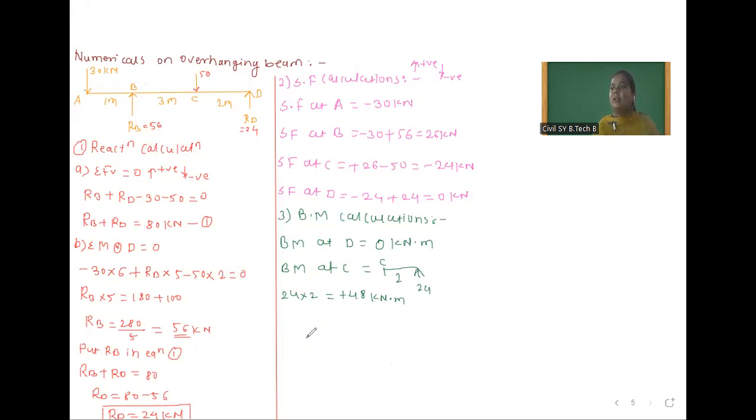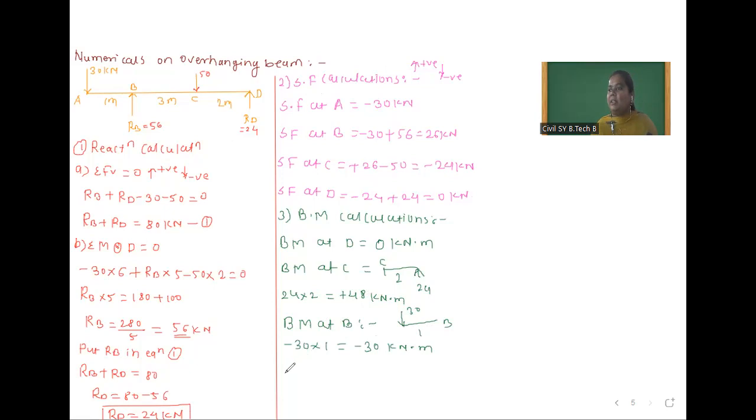Bending moment at B. We will calculate from this left side because here only one force is there. Suppose this is B point and at A here. So I will correct it. Here 30 kilonewton force and perpendicular distance is 1 meter. So this pushes downward. So minus 30 into 1, which is equal to minus 30 kilonewton meter. Okay, for the time being, students, please check from this side. You will get minus 30 as the answer or not.